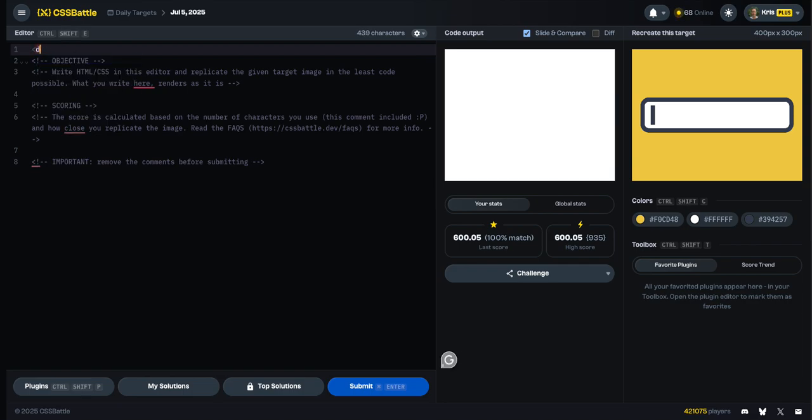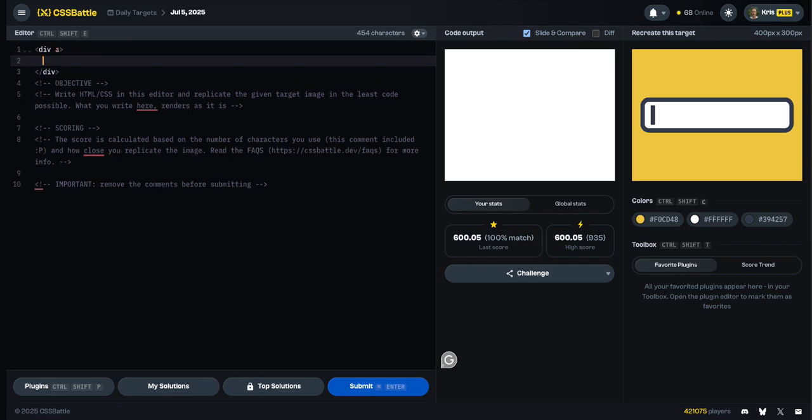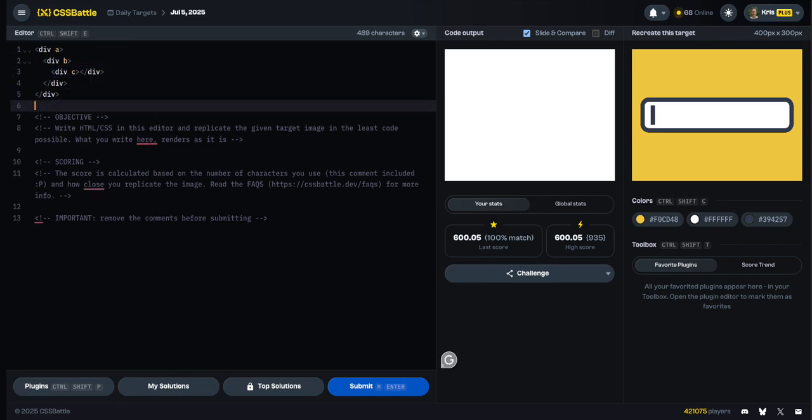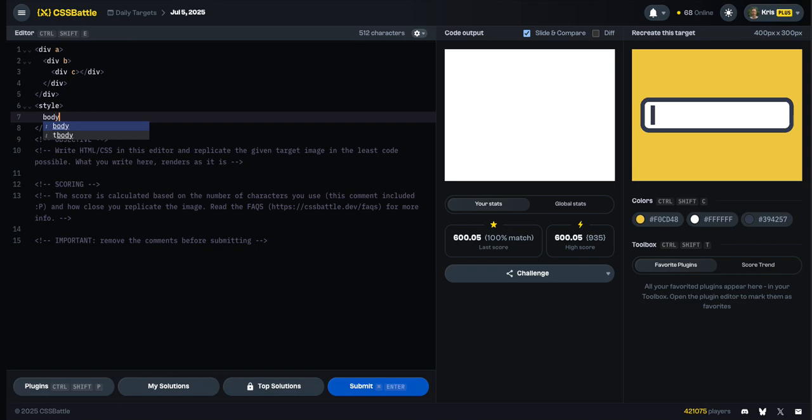So here's my first div. A, use letters of the alphabet to cut down on my characters. I'm going to copy that. That's going to be the white rectangle. And then C will be that little bluish, grayish line. Cool. So let's create our style tag. We're going to start with the body,